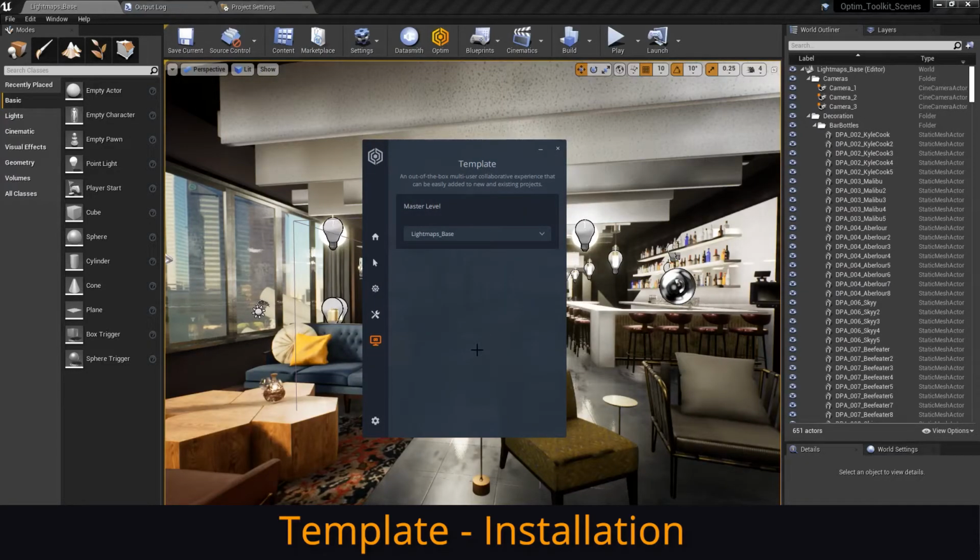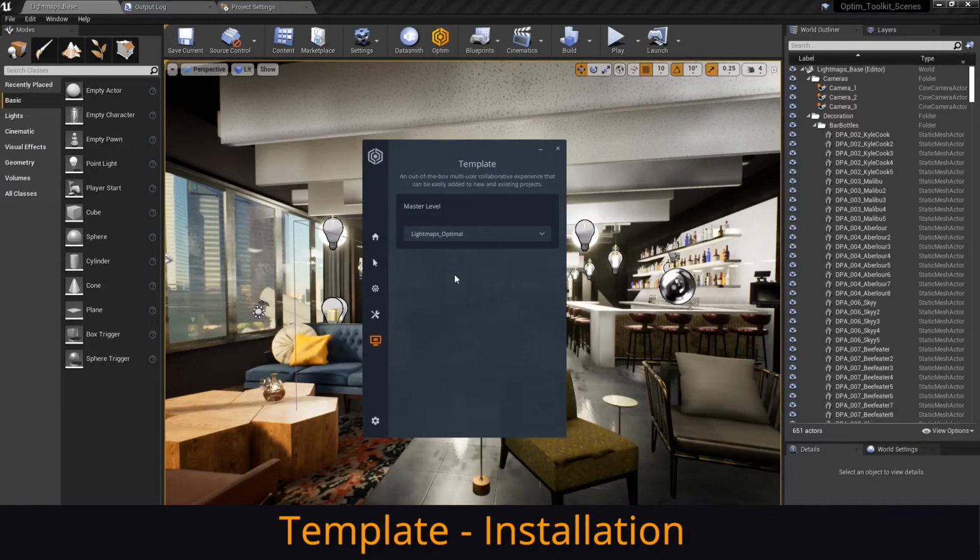Once the editor is back up, you should see a new OPTIM window with a drop-down menu to select your default map. In this list, you will see every map in your current project, including the default OPTIM conference room map. The conference room map allows you to stream in your own 3D models for viewing in a multiplayer collaborative session. For the purpose of this tutorial though, let's go ahead and tell OPTIM to set our default map to the one we have open here in the editor to simulate a designer view session of this rooftop bar and